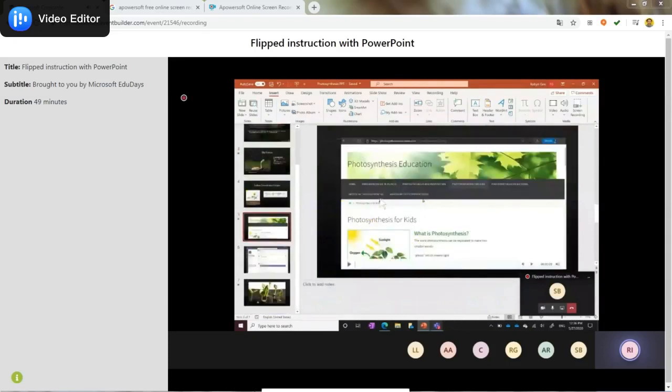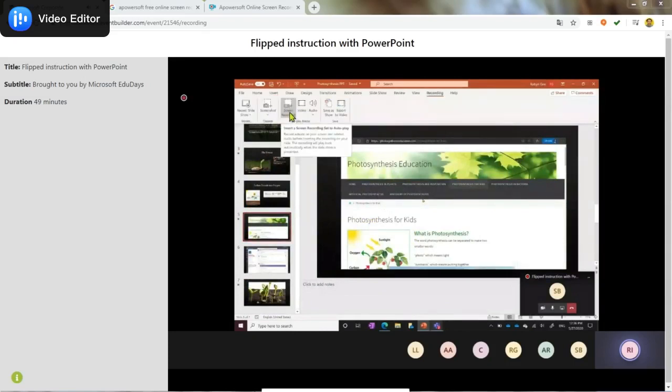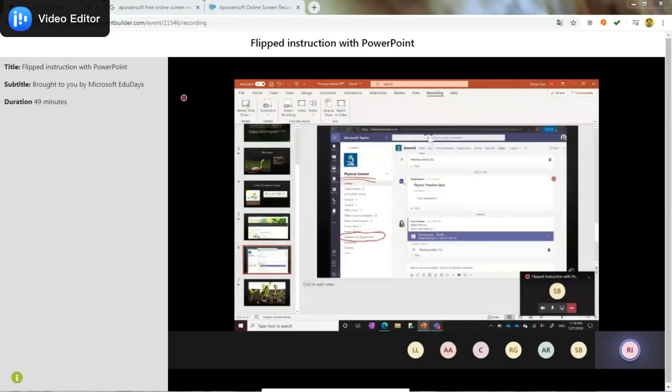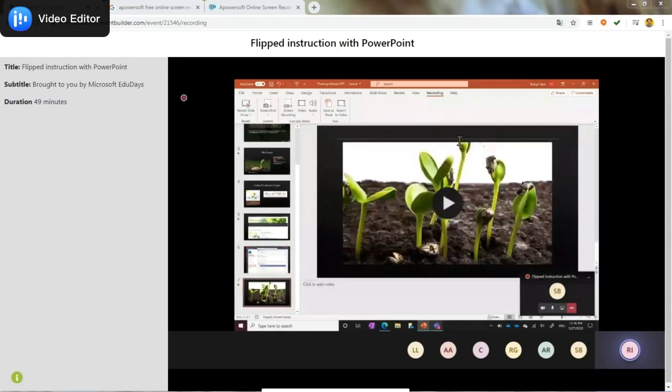So this, once again, we got there by going to recording, inserting screen recording. For this slide, we inserted a screen clipping and recorded narration and inking over top of this screen clipping. And then finally, we inserted an online video into our slideshow to give an extra example, maybe bringing in a different voice so that students aren't just listening to your voice all the time.